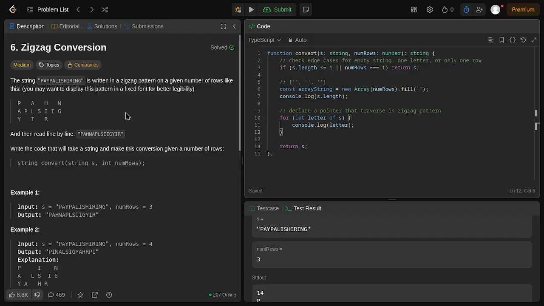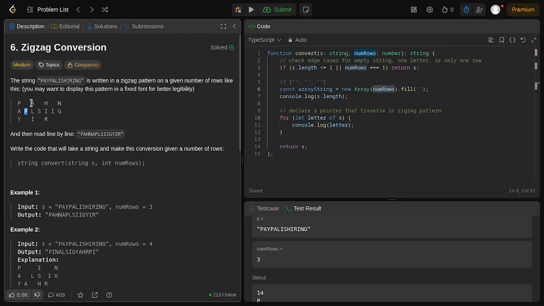So the pointer can work from top to bottom to point out which row we need to insert our letter into on every iteration. As we traverse from top to bottom, we move the index. It starts from index 0, and then this will assign a to index 1, and then this one will assign using index 2, and then if it already hits index 2, using the equals num rows - 1, since num rows is 3, and to match the index we need to use num rows - 1, and then we subtract the pointer by 1,